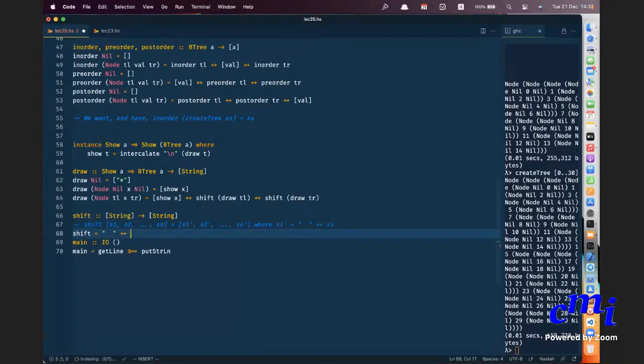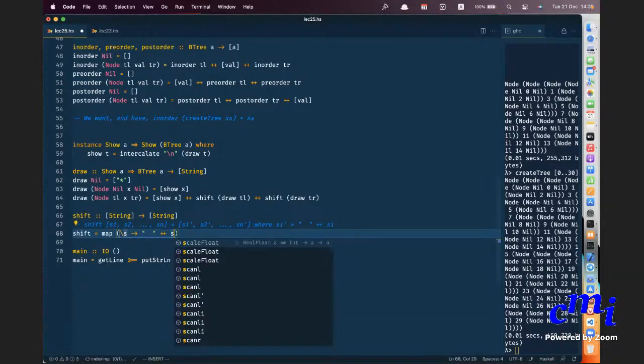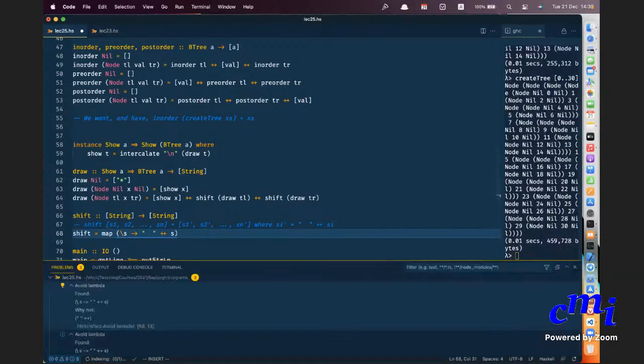You know enough Haskell to do this thing. Can somebody tell me how to do this? Sir, we can use an anonymous function together with map. Right. So you can do that, but there is something else that you have learned. A list comprehension. You have learned that, no? Yes, you can do that. You can do map of string goes to, and that's it. Shift is just this. You don't need anything else, right?